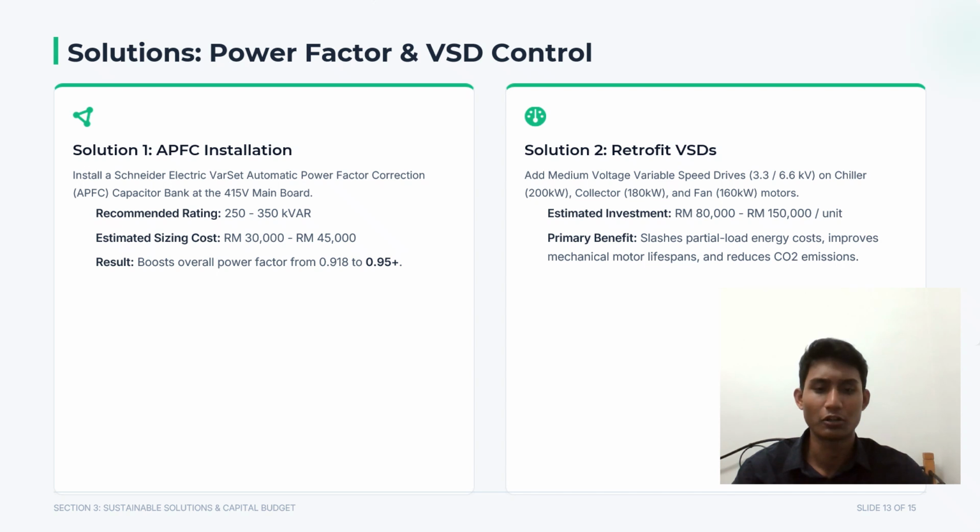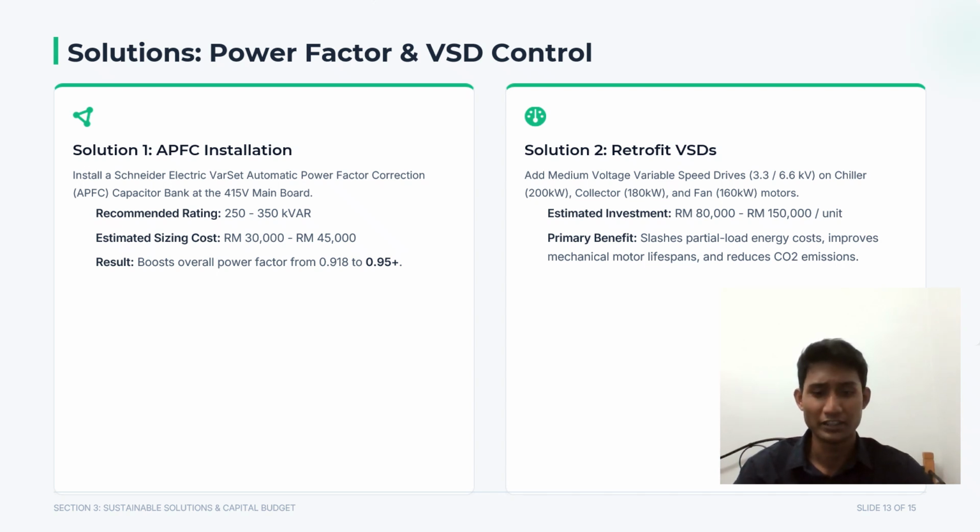The estimated cost is between 30,000 and 45,000. This solution can improve the overall power factor from 0.918 to above 0.95, reducing reactive power demand, lowering current flow,